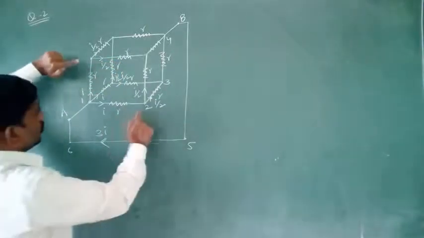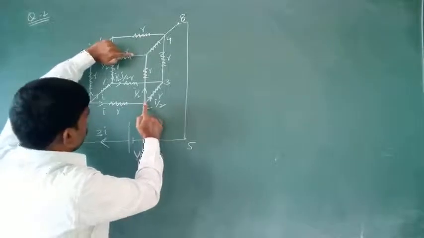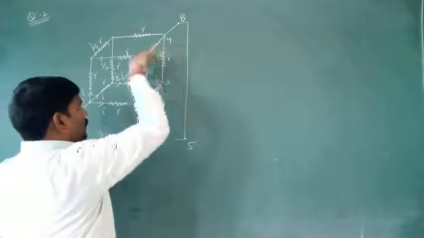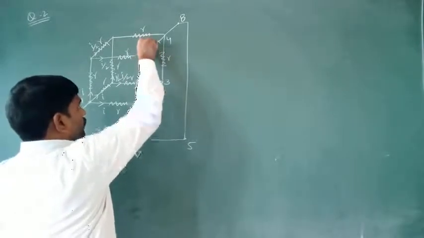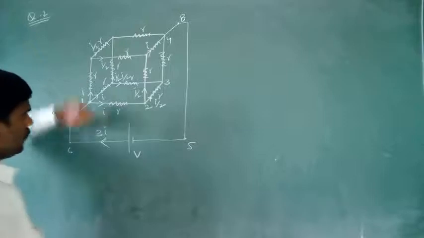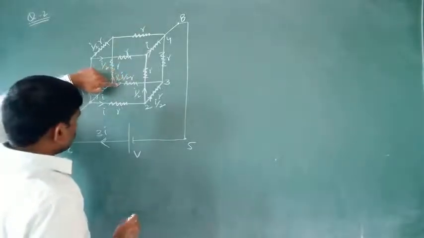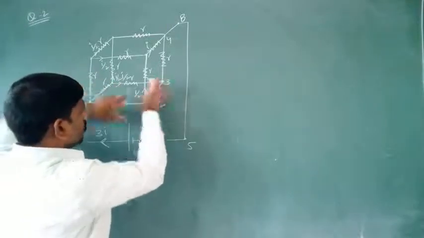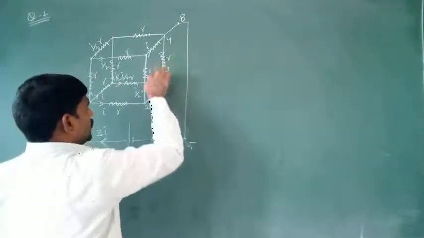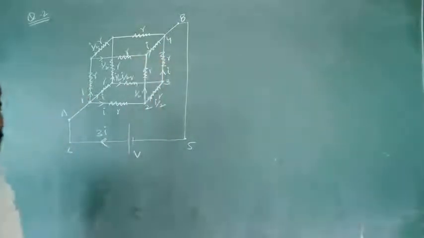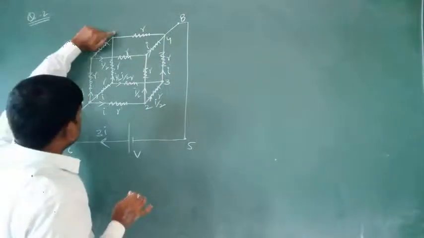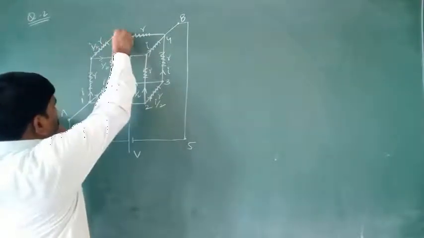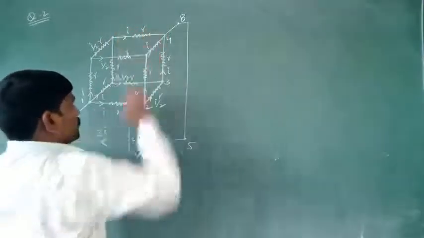Try to observe these two currents. This is I by 2 and this is also I by 2. Both approach this junction and the current passing through this resistor is I amperes. Similarly, the current passing through this resistor is I by 2 and this resistor is also I by 2. At this junction, the total current is equal to I, and I is the current passing through this resistor. Same situation here: this is I by 2 and this one is I by 2. At this junction, the total current becomes I and that passes through the resistor.